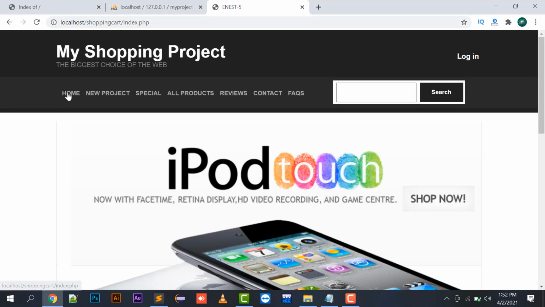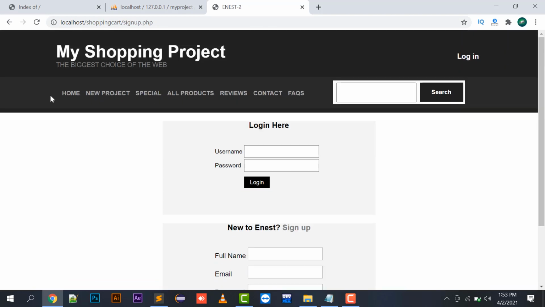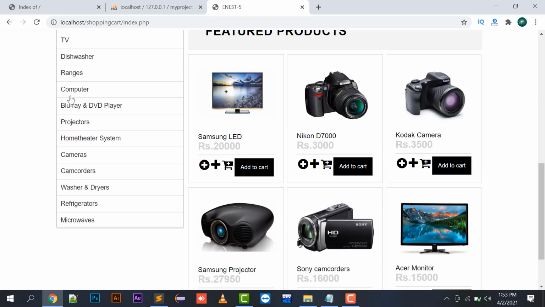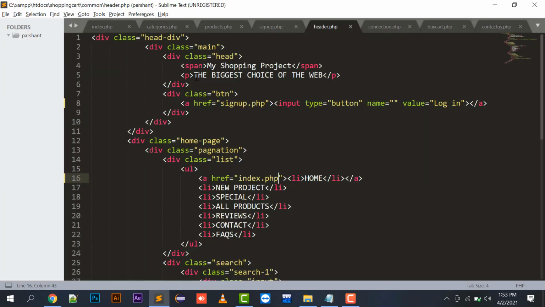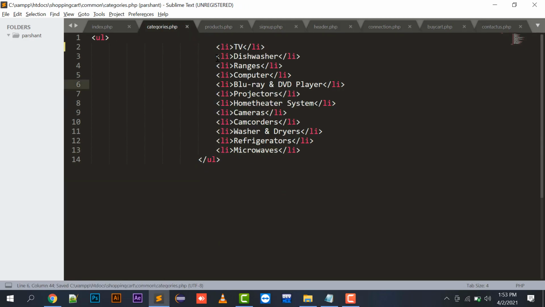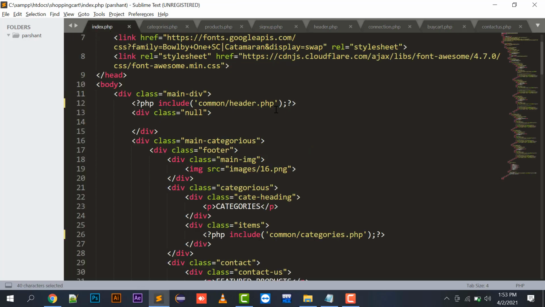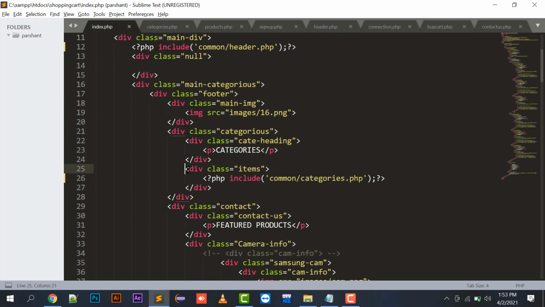So if I click on the home page, it will take me to index.php, right? So these categories that are right now fixed in my categories.php file, and categories.php file is being included in my index.php, right?